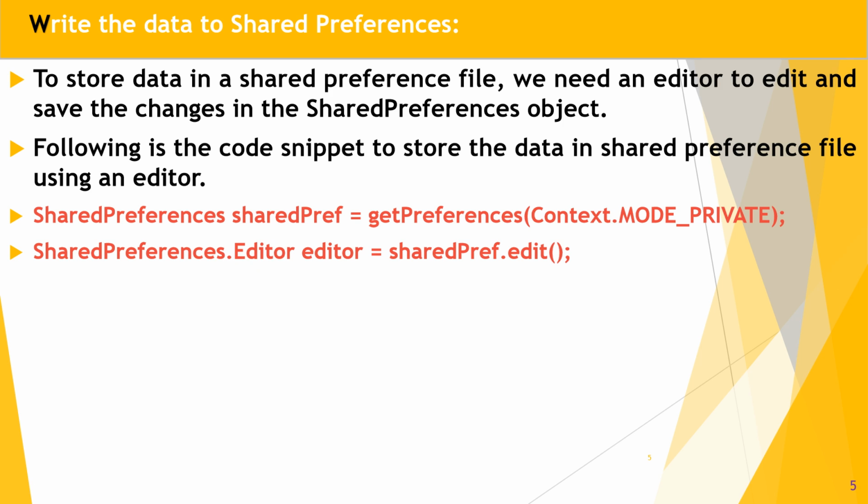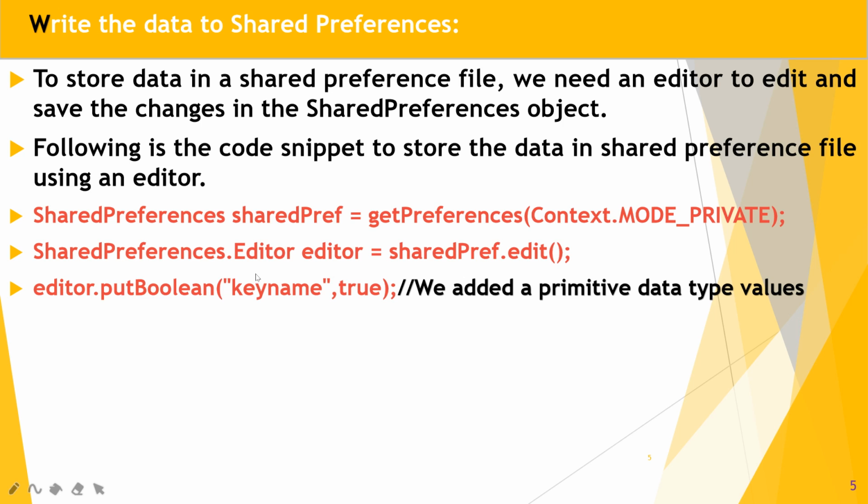Guys, SharedPreferences.Editor is a class and editor is its object. And how can we create the object of this editor class? By using the shared preference object dot edit method. So this returns the editor object. Using this editor object, we save and edit the changes in the shared preference file. Great guys. Hope you understand this code snippet.